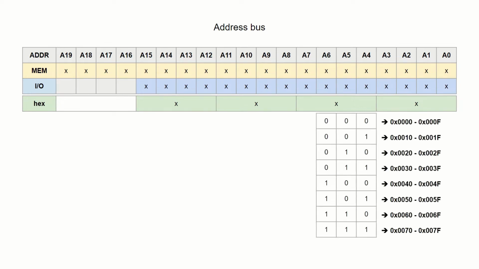If you look at the hex notation of the address, where each digit represents 4 bits, the A6 to A4 bits are part of the second digit, meaning that each of the devices will be addressable by round numbers in hex: 00, 10, 20, and so on. You may ask, why don't you simply use the least significant bits A2 to A0 instead?